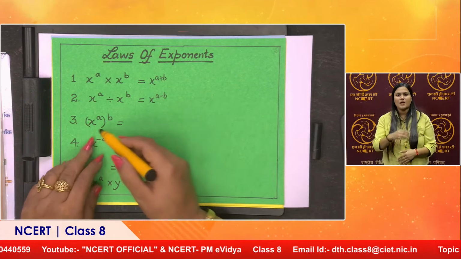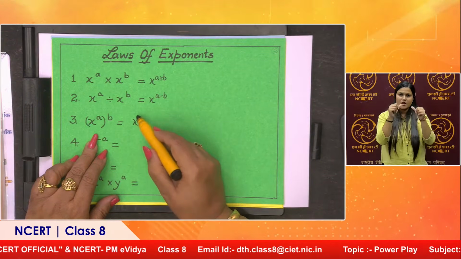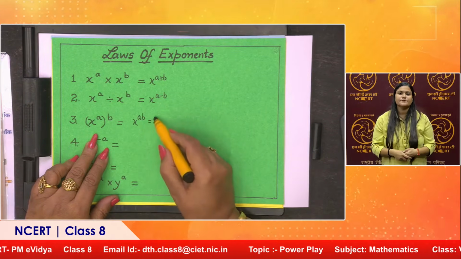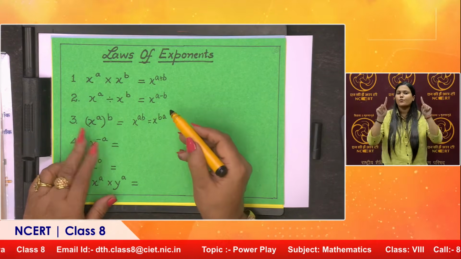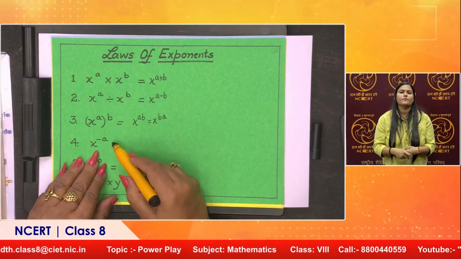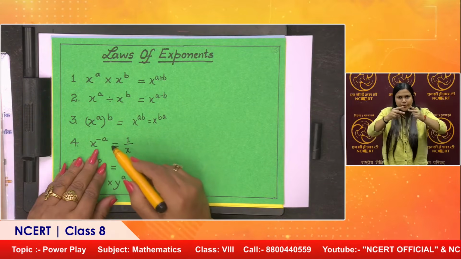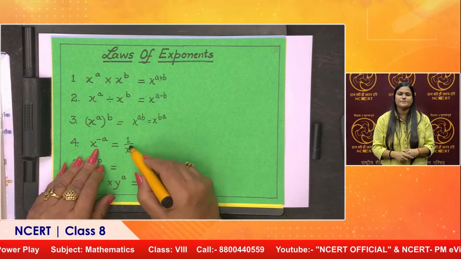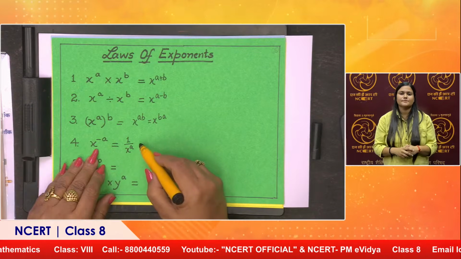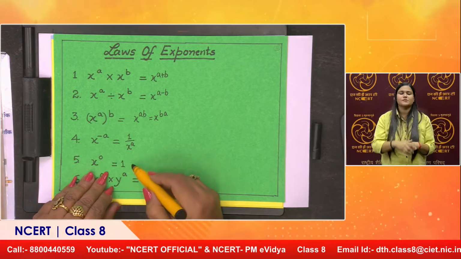Now, suppose x to the power a into b. So, I can write this as x to the power ab, a into b. I could also write this as x to the power b into a. Obviously, a into b is equal to b into a. Here children, x to the power minus a. When I have power as negative, what does it mean? I will take the reciprocal: x to the power minus a is 1 upon x to the power a. And any number raised to 0 will be 1. These are the laws we are going to use.